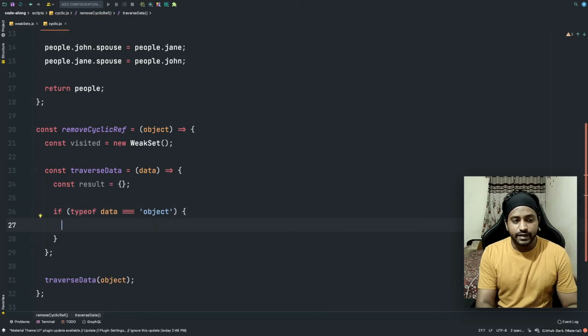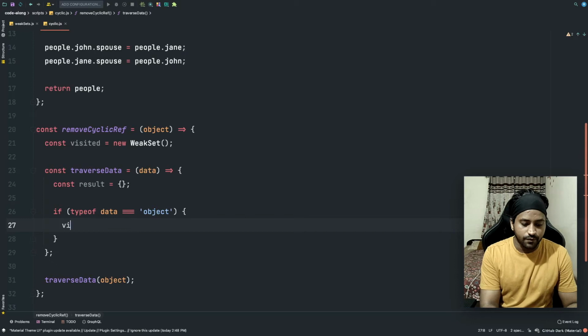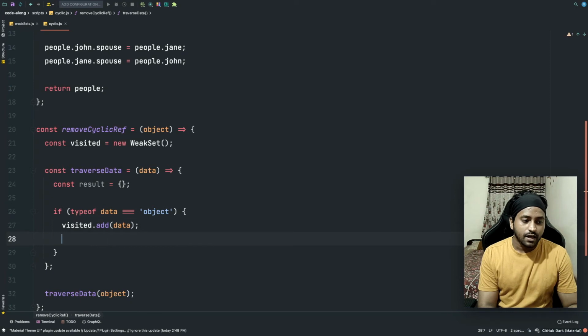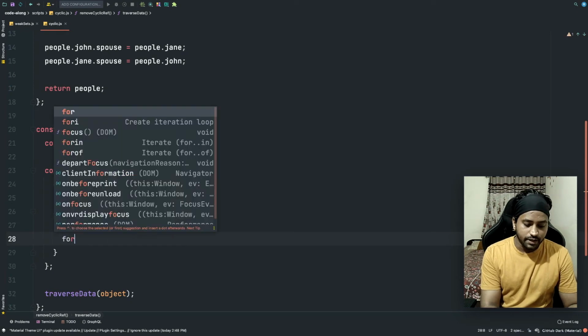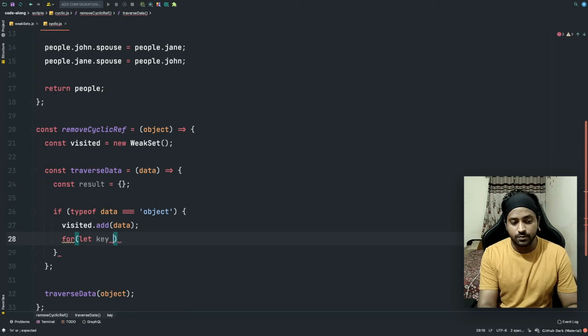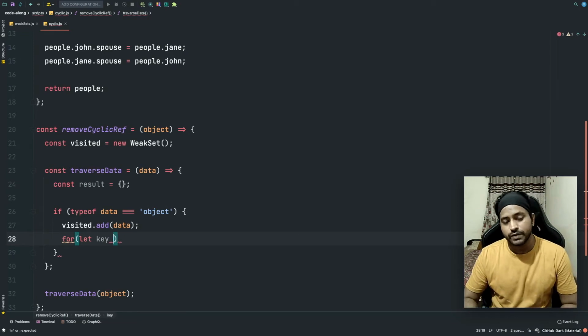So if typeof data is equal to object, we will first add that to our visited set. So we will just say visited.add(data). Alright, so this is fine. Now we need to loop on each of these values in this object and recursively go through each object basically.